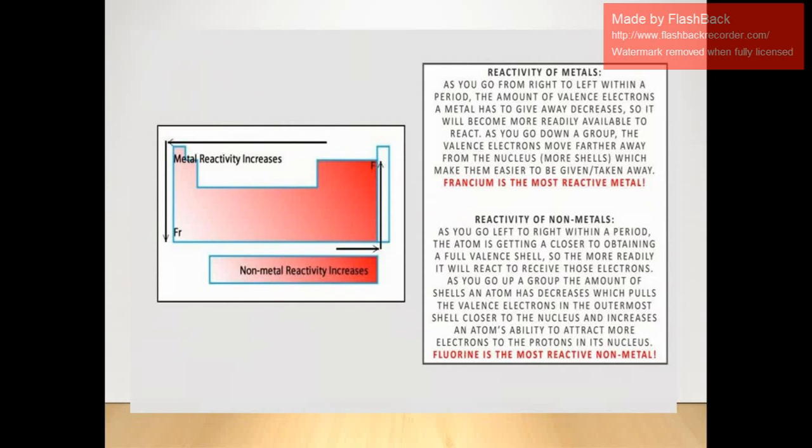Clear students? Like sodium, it has to lose only one electron, so it is very reactive. Slowly the reactivity decreases because magnesium has to lose 2, whereas aluminium has to lose 3. So the chemical reactivity of elements first decreases from group 1 to 3 and reaches group 4. After 4 it starts increasing. That means phosphorus has to take up 3, sulfur 2 and chlorine 1. So the chemical reactivity from group 4 onwards starts increasing.